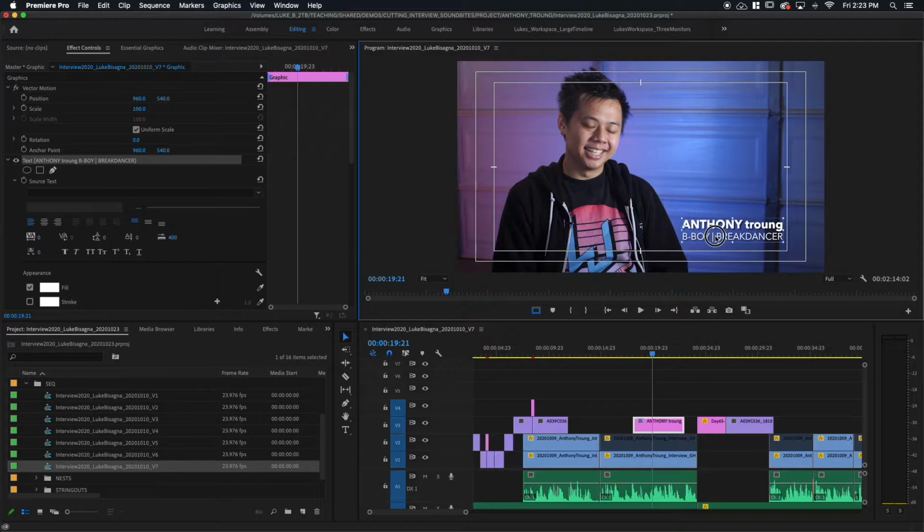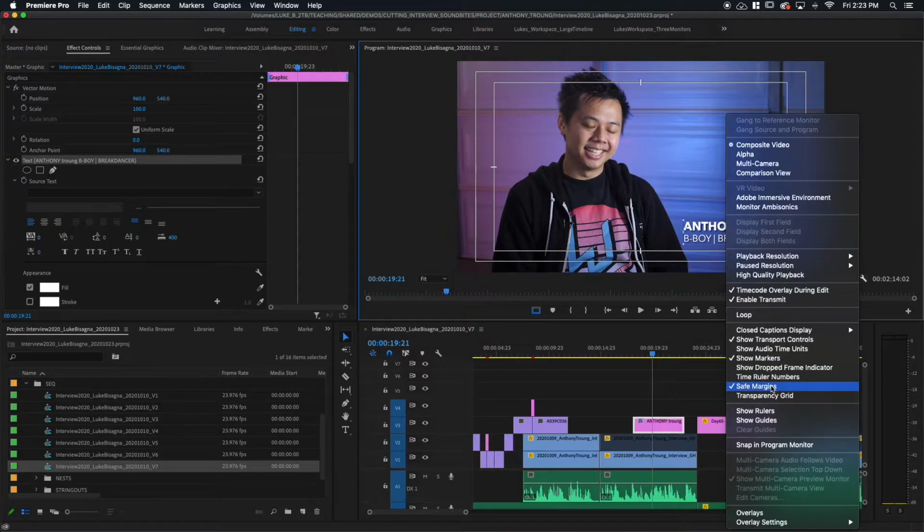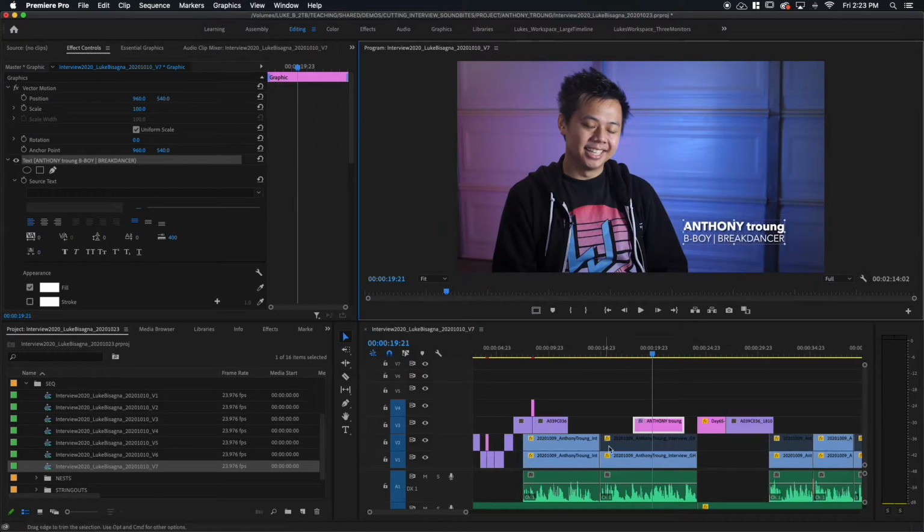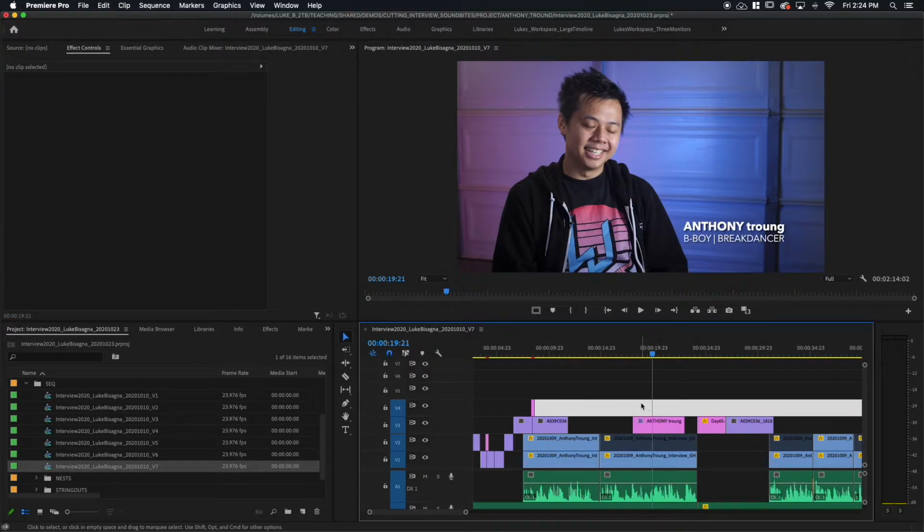Now I'll move that over here. I don't want it to be all the way at the bottom. I want it to be a little bit raised because I think that looks a little bit better in this case. And now that I'm sure I'm inside title safe, I don't need that guide anymore, so I'll turn off safe margins. Now I'm going to click back into the timeline here and look at it by itself. I like where this is. I like the size that it is. It looks really nice. So now I'm concerned about when it actually appears.